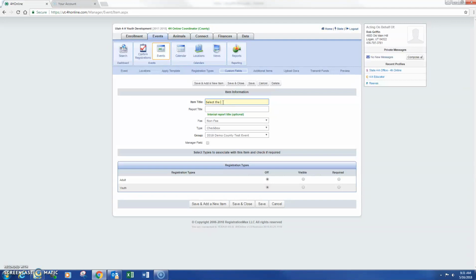So our next field, we're going to say, select the camp you wish to attend. Something to that effect. We want to make this, again, visible to our youth. And I want to make it a